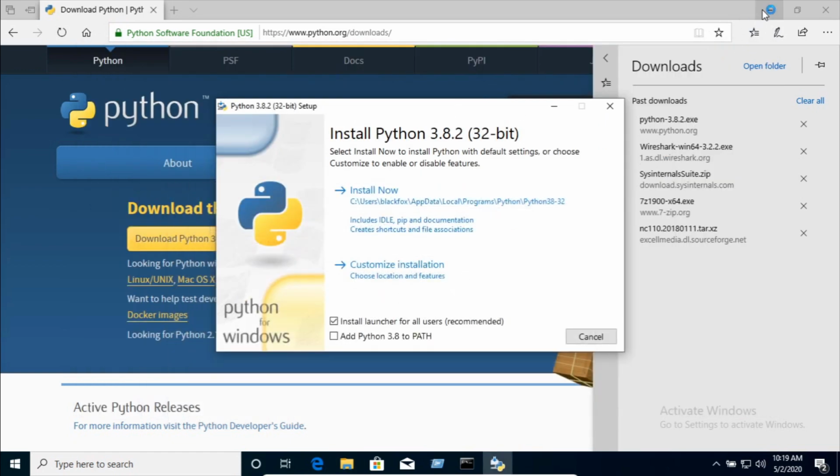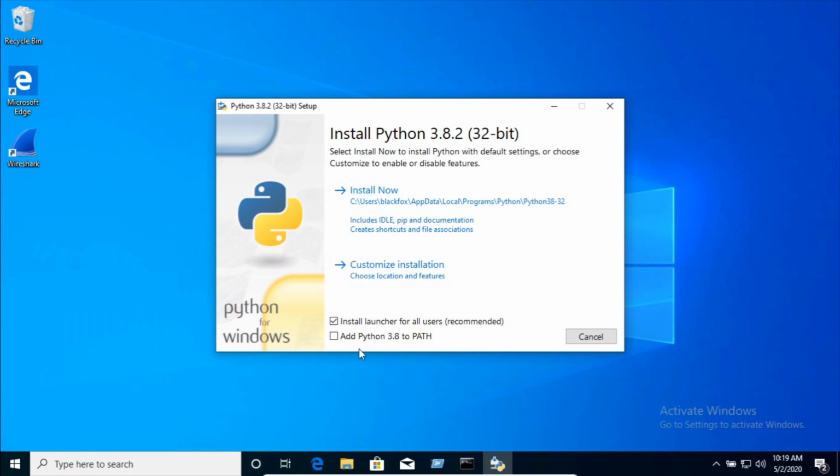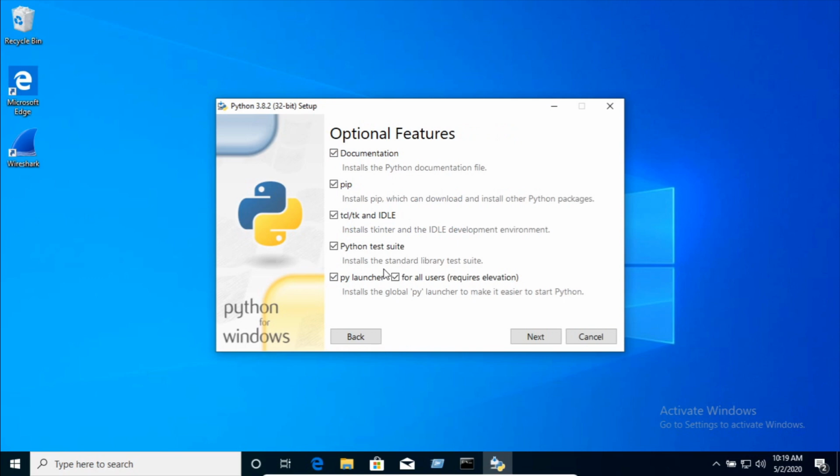Now we are in the installation process. Don't forget to click add Python 3.8 to path. Adding any binary to path will help us to open that program from anywhere in our machine. So just check this option, add Python 3.8 to path, and proceed with customize installation, and just keep these